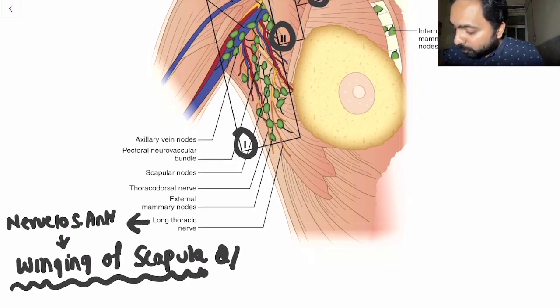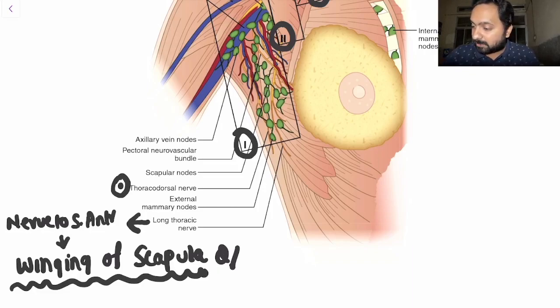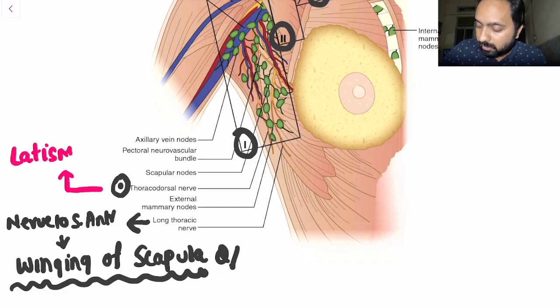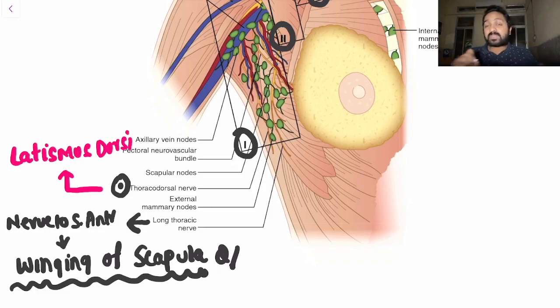Then another important nerve over here which has the chance of getting injured during your axillary dissection is your thoracodorsal nerve. Now what is this thoracodorsal nerve supplying to? They are supplying to your latissimus dorsi, right? So there could be injury to your latissimus dorsi muscle. And what are the functions of your latissimus dorsi? So the role of your latissimus dorsi is to adduct,